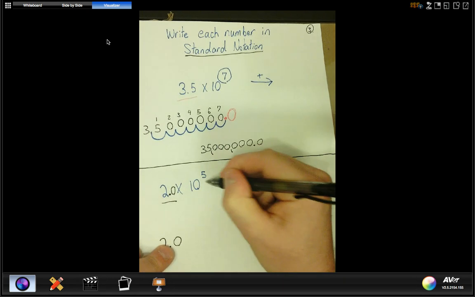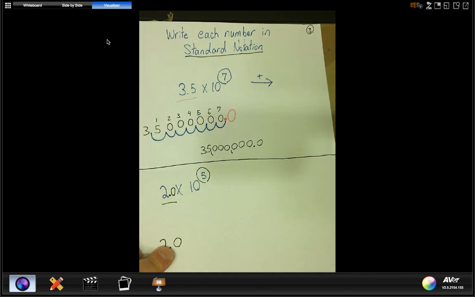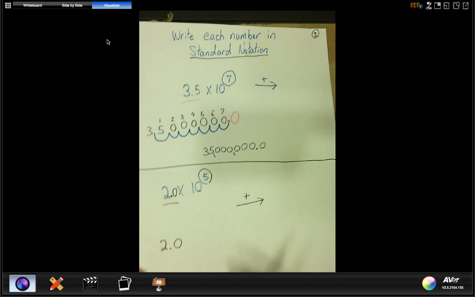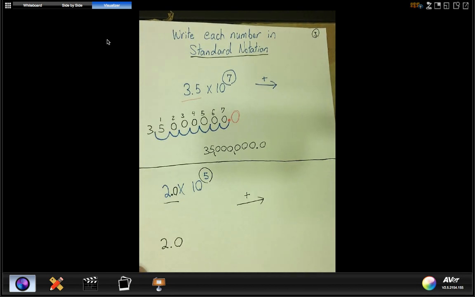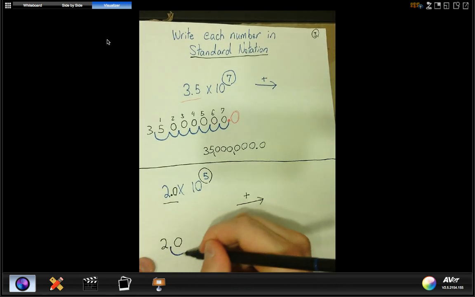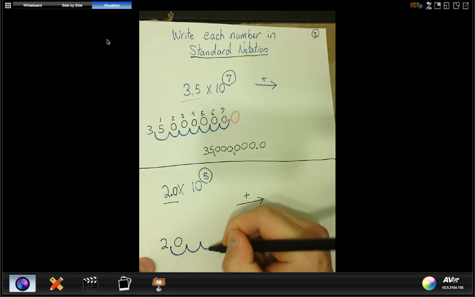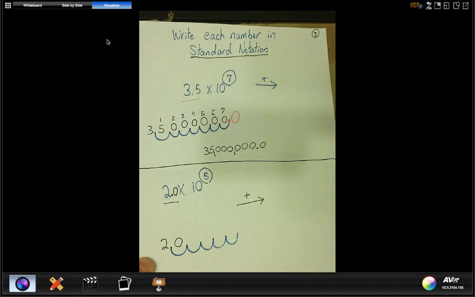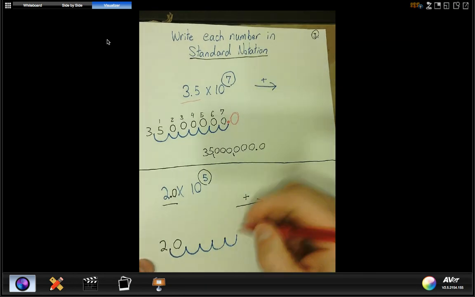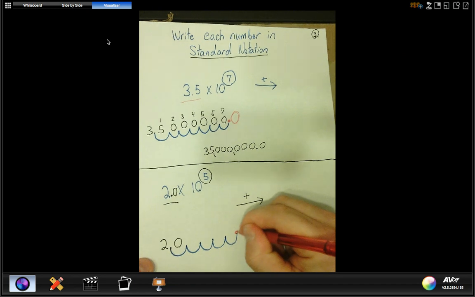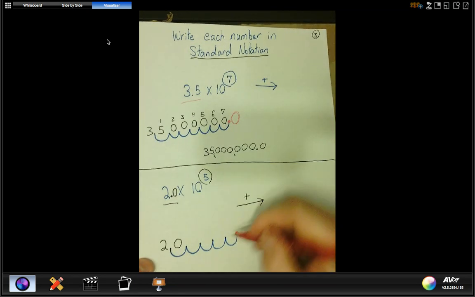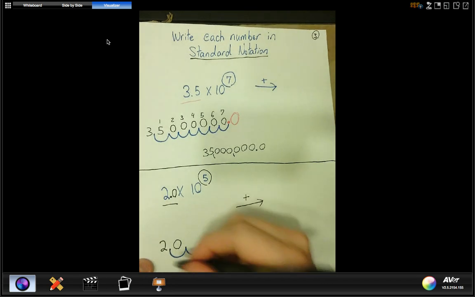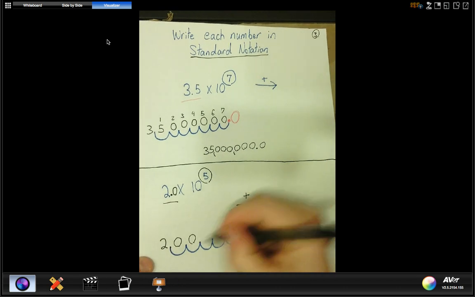I see to the 5th power. It's positive, so I know I'm going to go right. Let's move that decimal point. I've got 1, 2, 3, 4, and 5. Just like I did before, I'm going to put the new decimal point right at the end of the loops. I'm going to throw a 0 on there for good posture, and I'm going to fill in my holes. We got 1, 2,